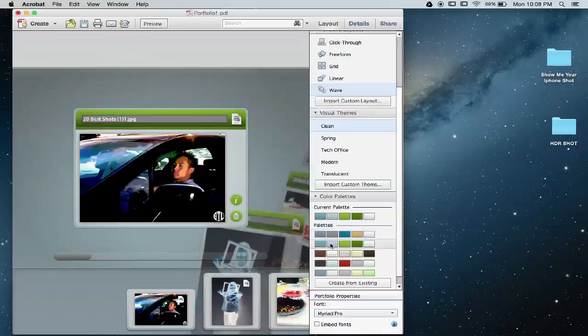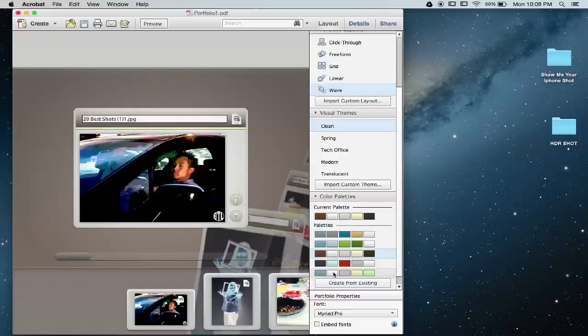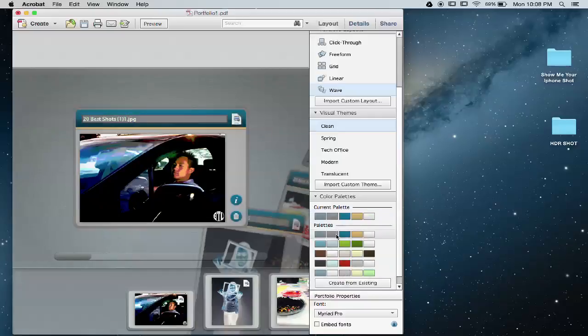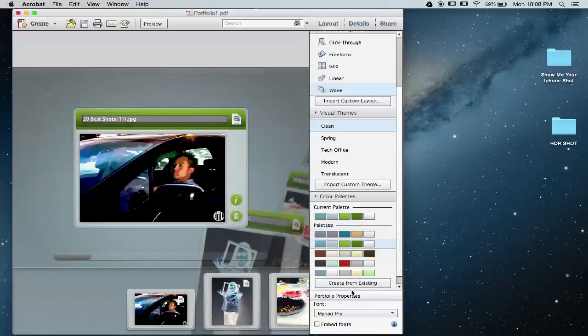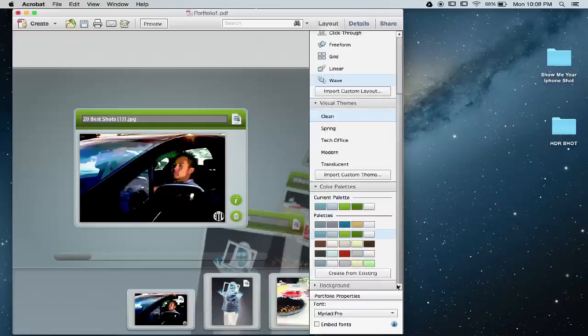We can actually change the colors within this theme a little bit more. There are preset colors you can choose. I think we might actually create our own, but it's probably easier to just pick a color palette. These people know how to match colors, so they've got some colors already set up for you. All right, and then a little further down,